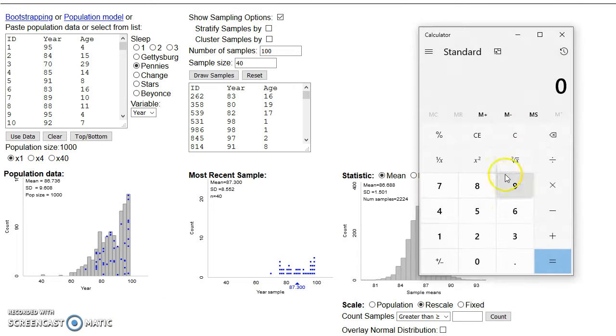I'm sorry, that's incorrect. Remember, it's sigma divided by the square root of n. So 9.608, that's our sigma, divided by the square root of the sample size, which is 40. That's approximately 1.5. The standard deviation of the sampling distribution is approximately